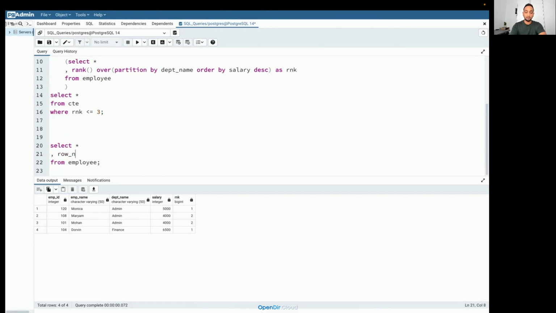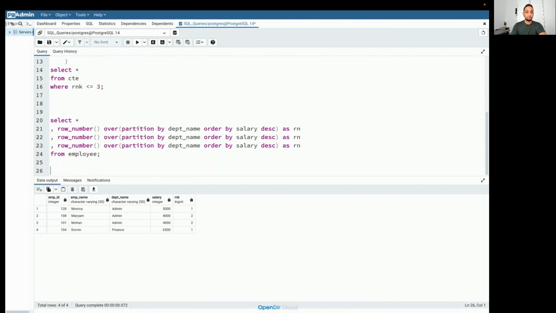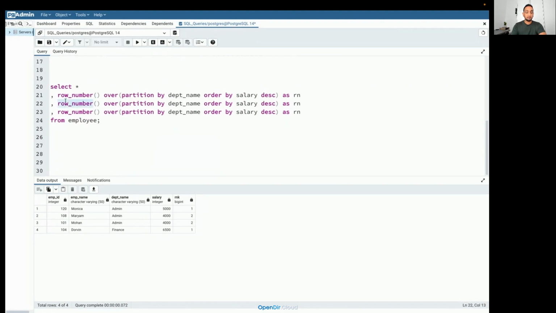So I'll say row_number over, and again I'll use the same thing, that is partition by this one, and let's say I'll do sorting the data based on highest salary. This is RN, and next, this is rank, and this is dense rank.